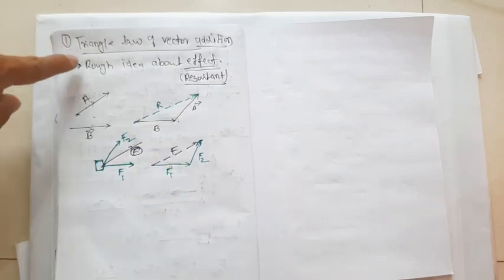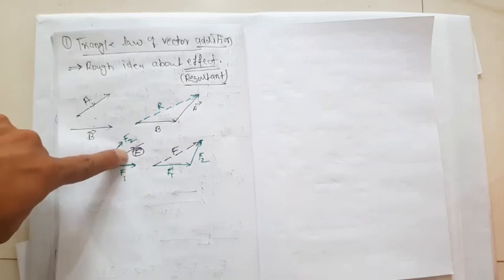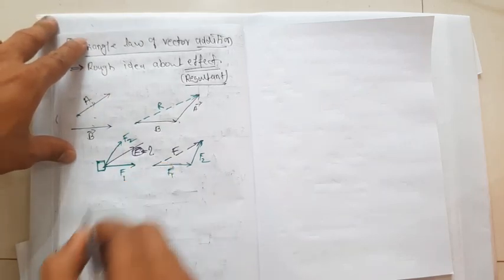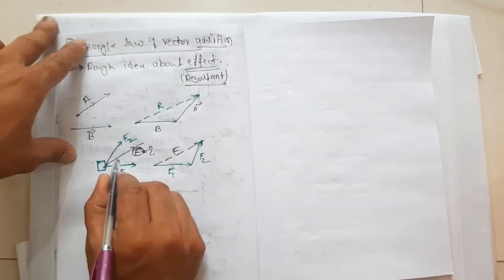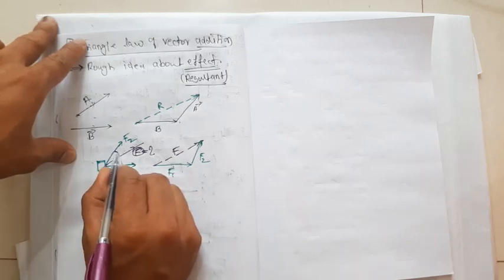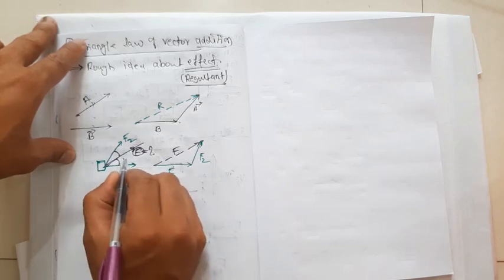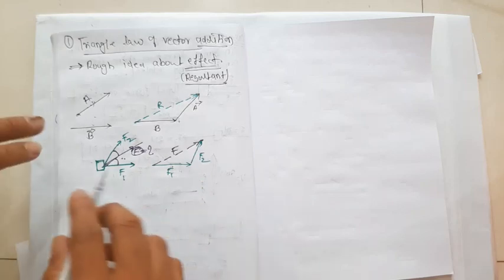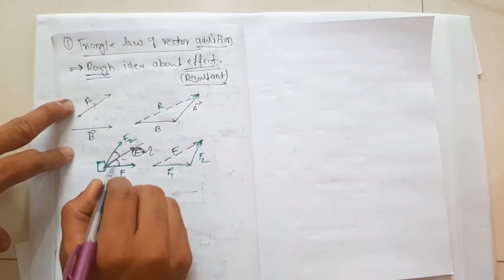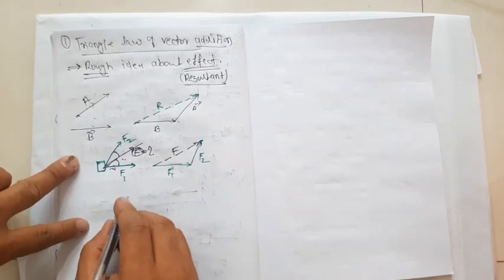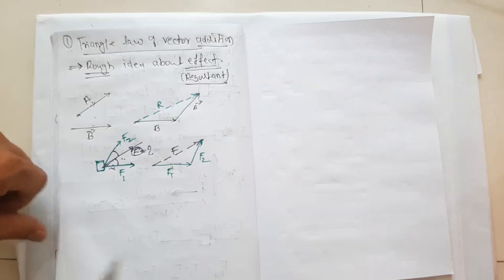Okay, so this triangle law will give you a rough idea in which direction this object will move, but at what force it will move, in which direction, meaning from F1 how much angle it will make, or from F2 how much angle it will make, this total F, it will not give any perfect idea. It will only tell you in which direction this object will move. Okay, so I will take another example. Listen carefully, this is going to help you very much.